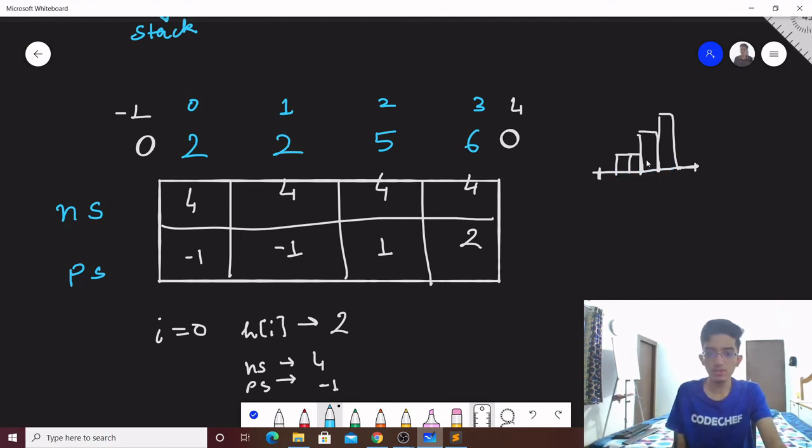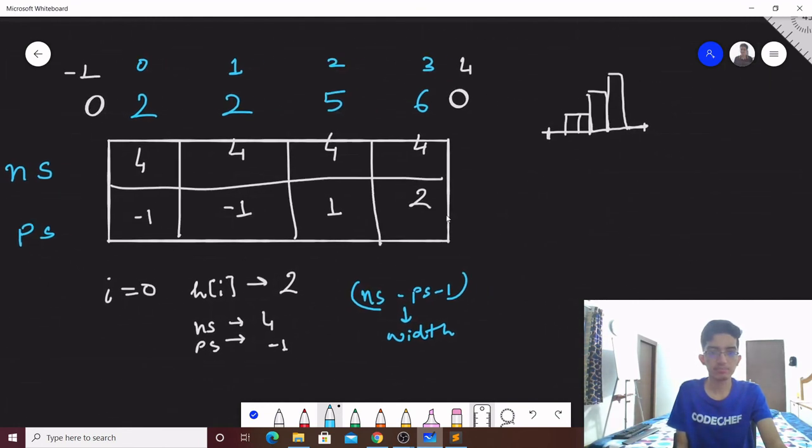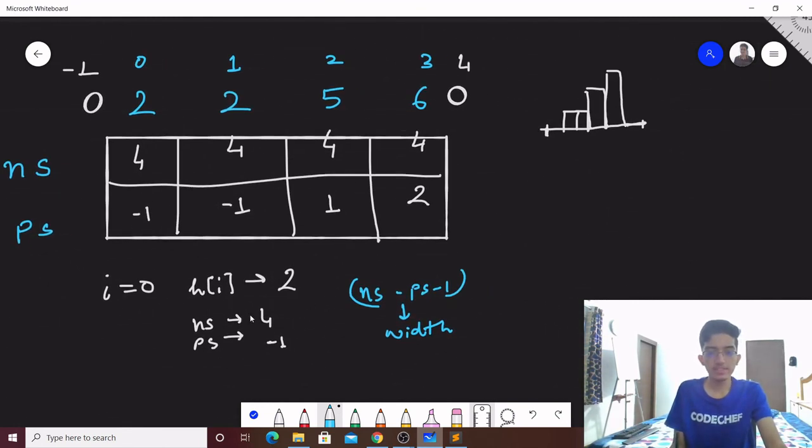So for that, we know that our next smaller is at index 4 and the previous smaller is at index -1. So the width will be next smaller minus previous smaller minus 1. This will give us the width. So let's check it. In this case, the width would be 4 minus -1 minus 1.